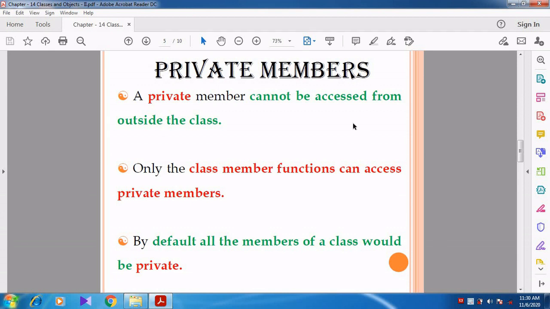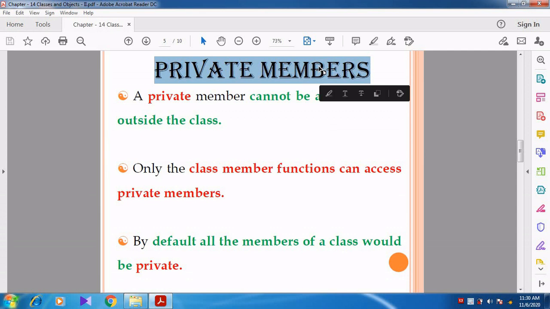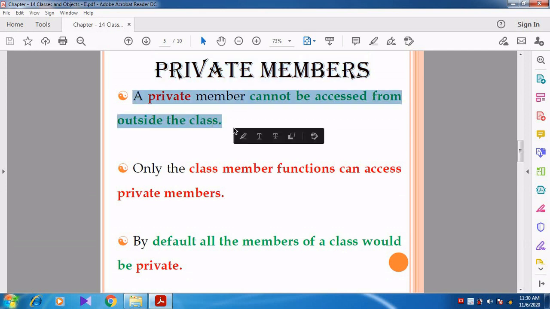First of all, we discuss private members. What is meant by a private member? A private member cannot be accessed from outside the class. Whenever we declare data members and member functions under private, they cannot be accessed outside the class.